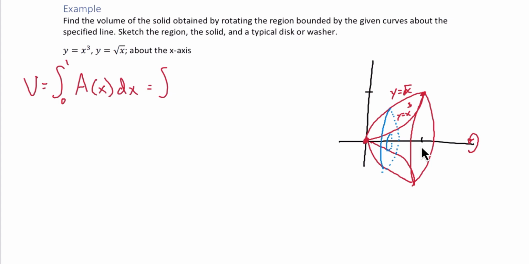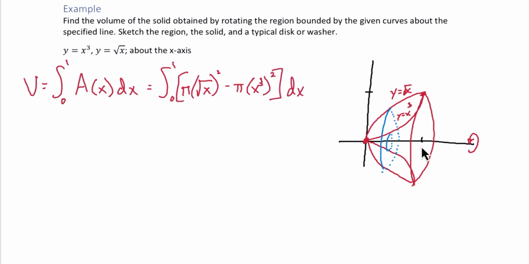Now, the integral from 0 to 1, to find the area of that washer, we want to take pi, multiply by the outer radius squared. So we have the square root of x squared minus pi times the inner radius, which is x cubed squared,